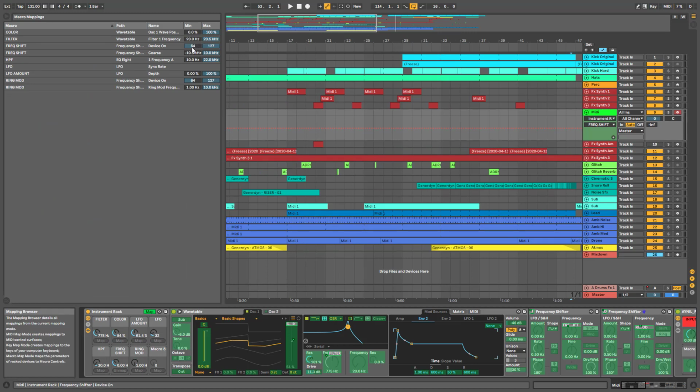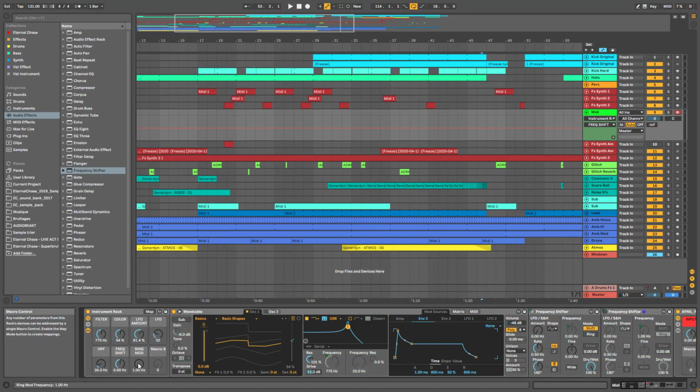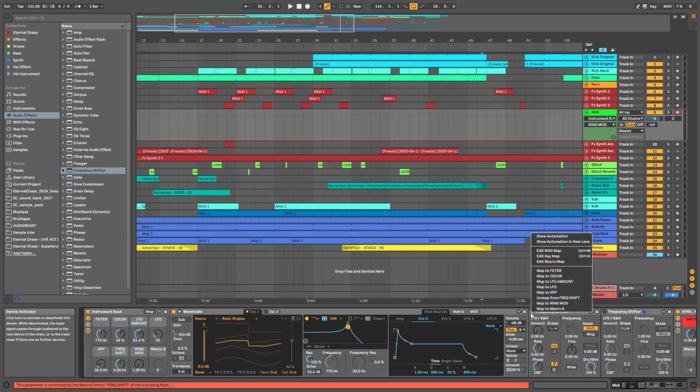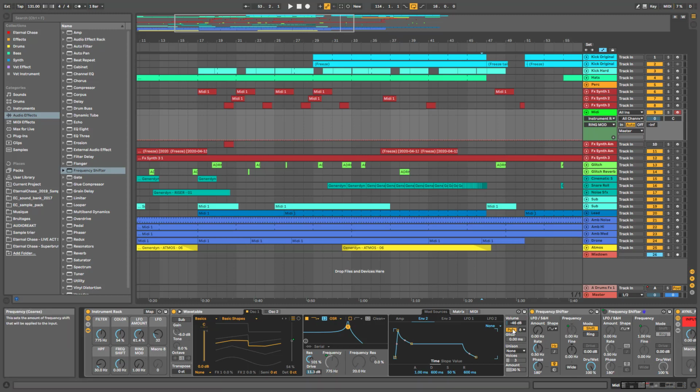So then when I go to map, here you see it's the device on off. I put 1. Oh, sorry, I put 1 and 1. That way when it's at the minimum, it's deactivated, and when I turn it on, it's activated. And well, actually this one doesn't really matter because it doesn't affect the sound. Then you have to be careful, but you can change. Gonna bring down the volume maybe a little bit because it's